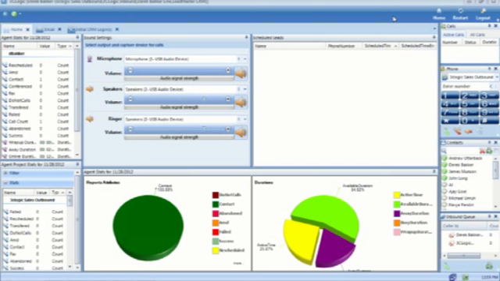Well, welcome to the 3CLogic LeadMaster Combined Solution Demo. This is going to be a brief overview of what LeadMaster combined with 3CLogic can really do for you and